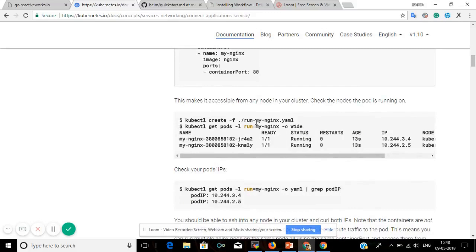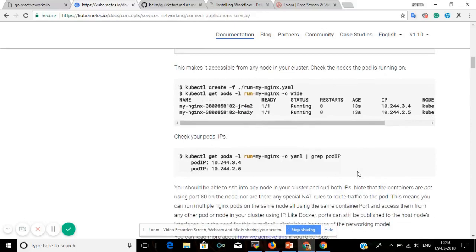After writing the proper YAML, we need to check whether our YAML file is correct or not. After that, we can use the kubectl command to deploy the application. The command is very simple: kubectl create -f, where f is for file, and the file path. If your YAML is correct, then the application will get deployed and the status will be like this. We can see the status on the terminal.